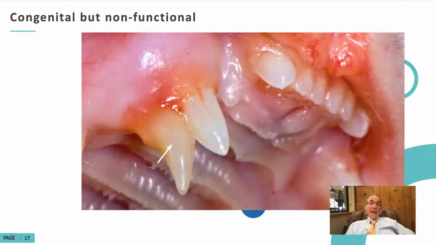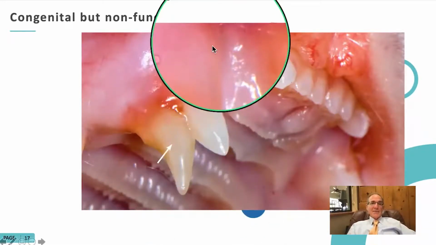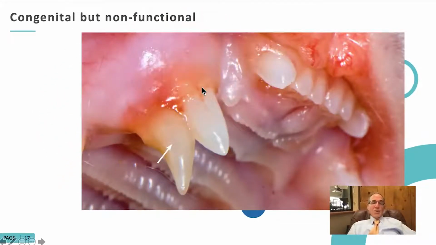In this cat that has a persistent primary tooth. We used to call these retained deciduous teeth, but retained teeth are classically teeth that are located subgingivally. This is a persistent primary tooth, and you can see the massive swelling because there's two teeth in the same socket at the same time. You can see just how swollen this area is. And because of that, as soon as you possibly can, you want to take out the persistent primary canine tooth.